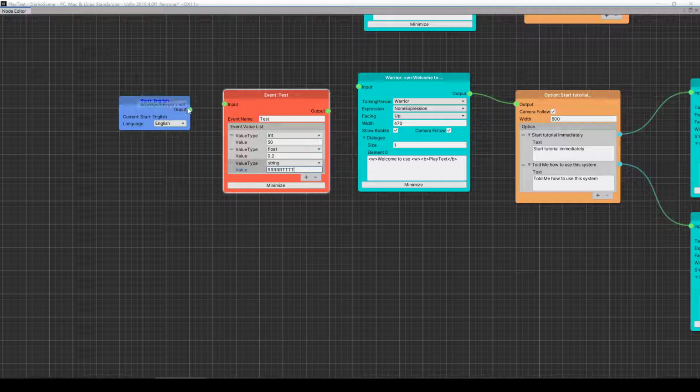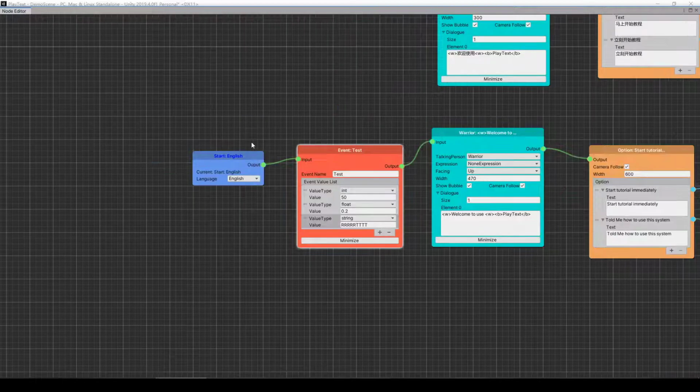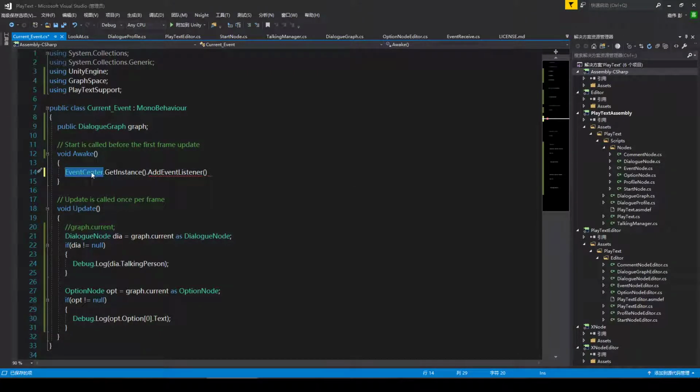Right? And you connect the node. And what the event node does is when it starts, it outputs an input to the event node, and it will send an event called test with those values to the event center here, the event center,